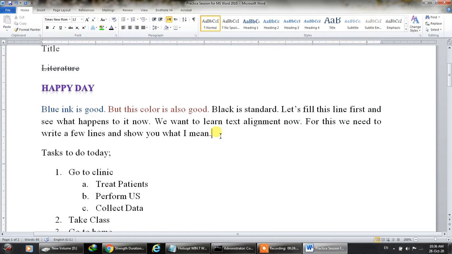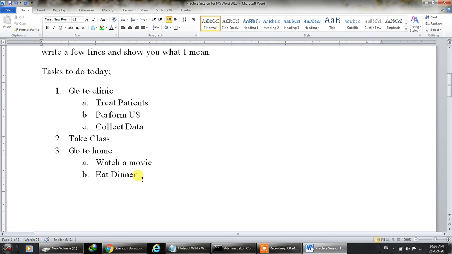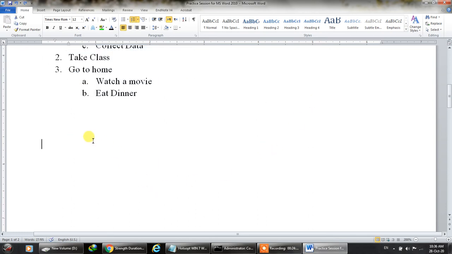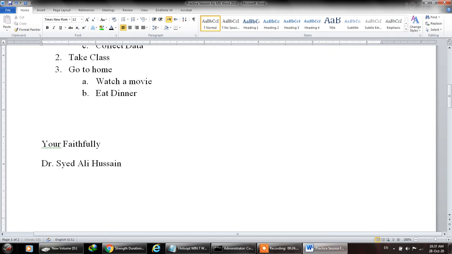Now it looks way too much good when it's justified, but what about these? I can do this, or for example, if somebody has written an application, yours faithfully, it's not, it's yours faithfully.